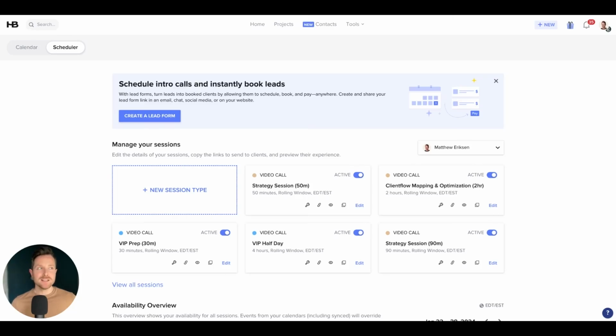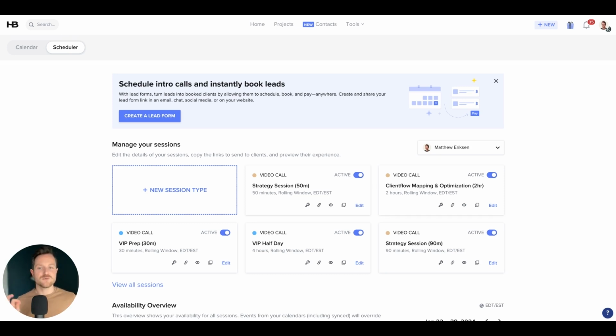All right, so this might just be my favorite aspect of HoneyBook, and it's the first feature that I utilized when I set up my HoneyBook account years ago. Now, full transparency, back in the day, I wasn't even using Acuity. I would manually find an agreeable time with a client via email or over the phone. I would then create a Zoom link, send it back to them. I would send them my phone number if they couldn't log into the Zoom, and there was so much back and forth until I reminded myself that a big benefit of using HoneyBook is that you actually can use their